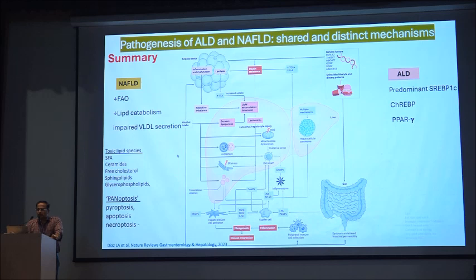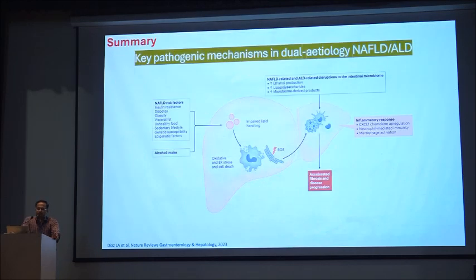So what happens in patients with dual etiology, metabolic traits present plus excess alcohol intake or maybe moderate alcohol intake? In these patients who have both the risk factors, they develop impaired lipid handling by both the mechanisms. There is perpetuation of oxidative stress and endoplasmic reticular stress, leading to cell death. And further, there is accelerated fibrosis and disease progression in those who have both etiologies because of a higher inflammatory response due to both the conditions.